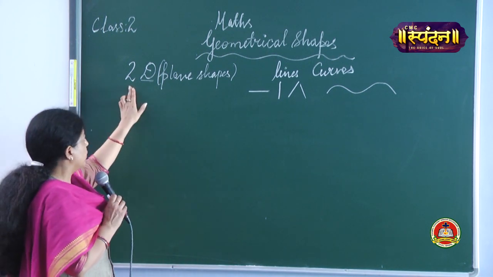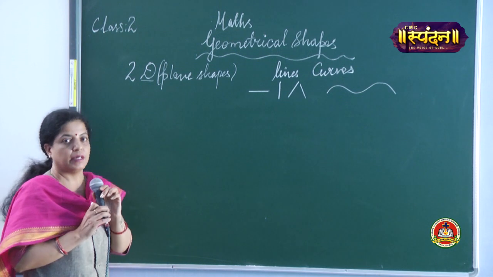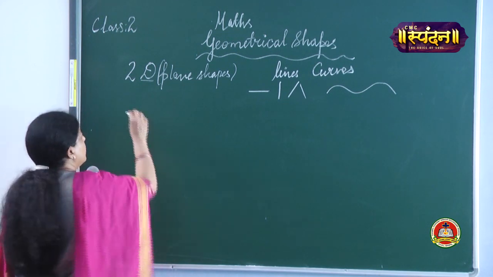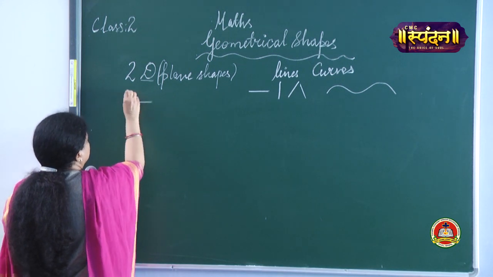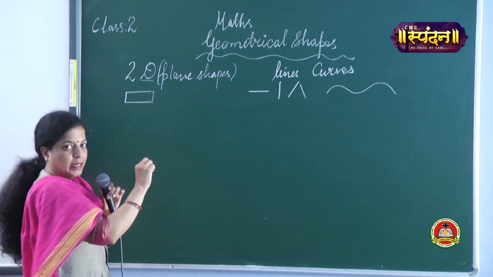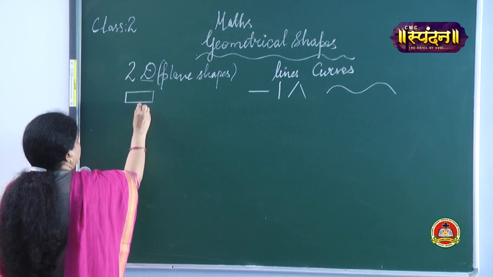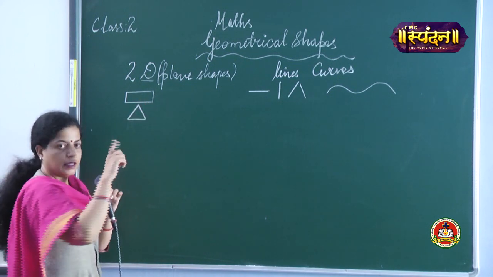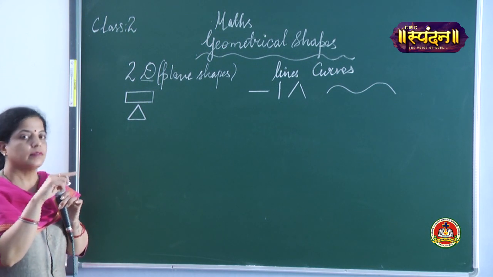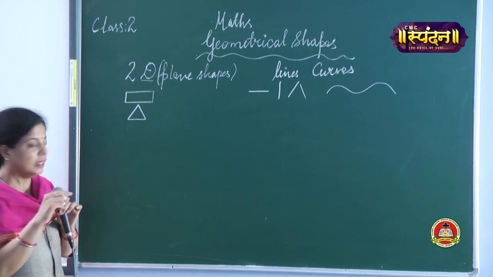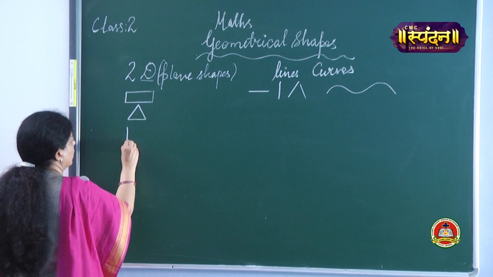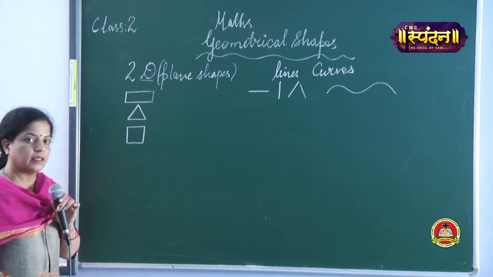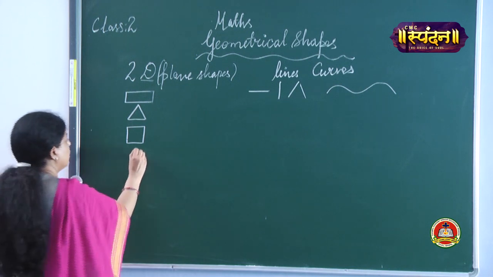So, if it is length and breadth, it means it is a plane shape like a rectangle. It has length and breadth. Like a triangle, it has only sides of the same length or of other lengths like that. Or a square where all the sides are equal. Then a